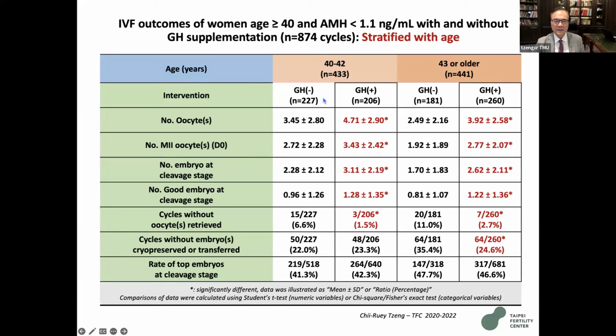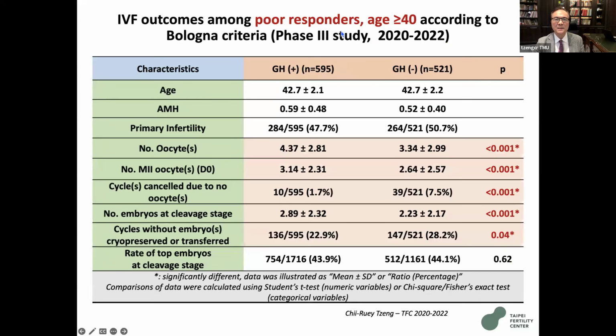Again, two groups, with GH and without. As you can see here, all the parameters, number of oocytes, M2 oocytes, embryos at the cleavage stage, and good embryos also improve in the GH group, in either the 40 to 42 or over 43 group. So that is very evident. And then we stratified by